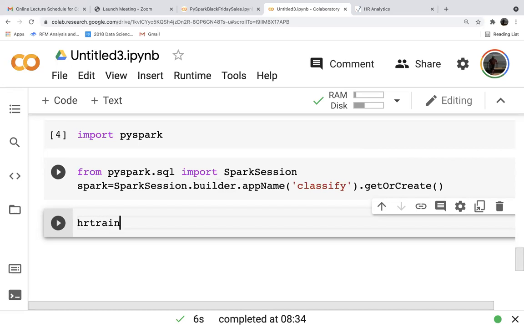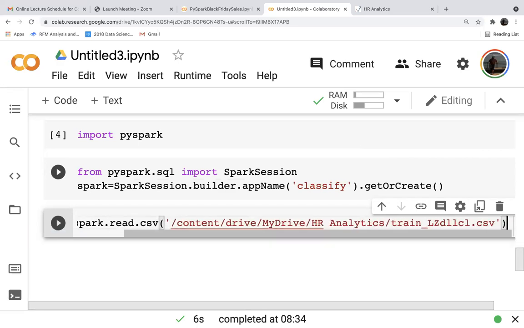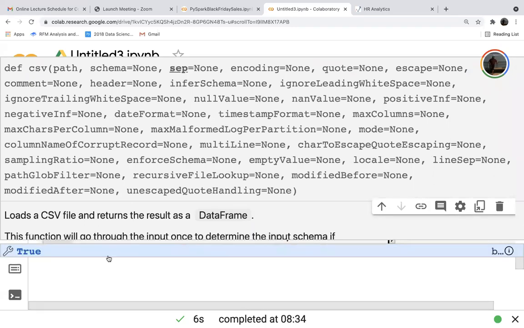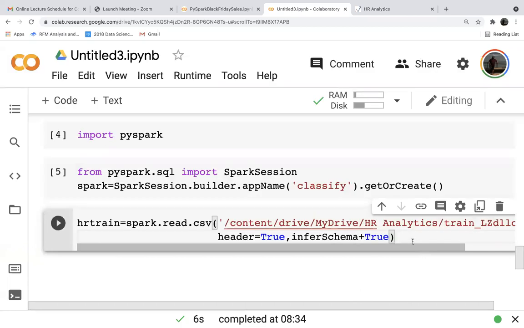So HR train is equal to spark.read.csv, open bracket, single quote, paste the path, comma, header equal to true, comma, inferSchema equal to true.